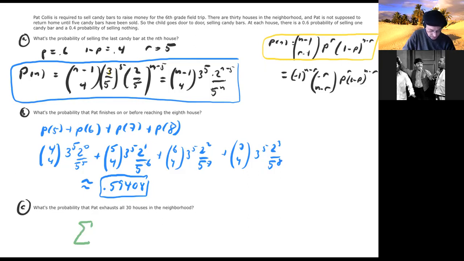So in other words, we could take the sum n equals 5 to 30 of P of n, and that represents the probability that Pat sells the candy bars. Okay, so what is the complementary probability? 1 minus that. Now, I cannot compute this. There are 25 terms to sum up, and then we have to subtract them from 1. But fortunately, there are calculators online which compute negative binomial probabilities, and the answer is